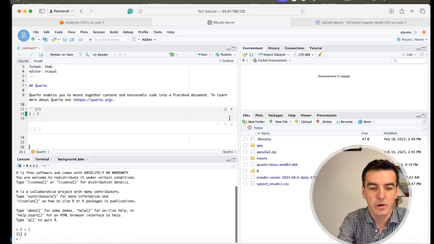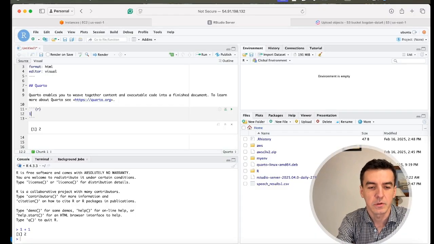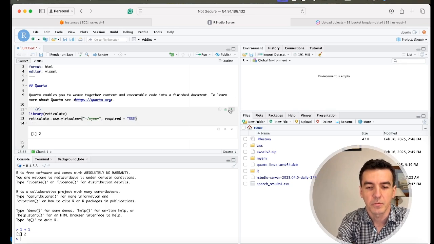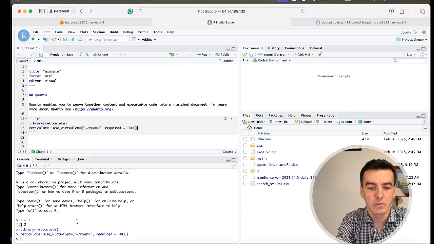So this is R and this should work. We are going to call the Reticulate library and we are going to indicate the Python environment. So we're just going to get rid of this, press play, wait a few seconds, so no errors, this seems